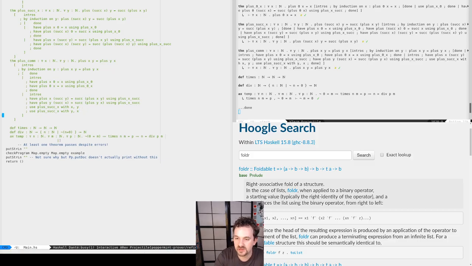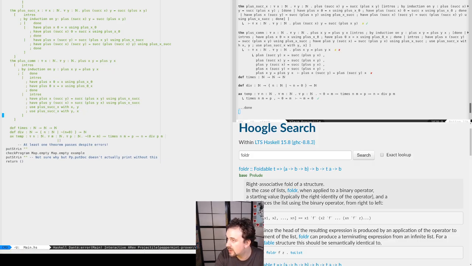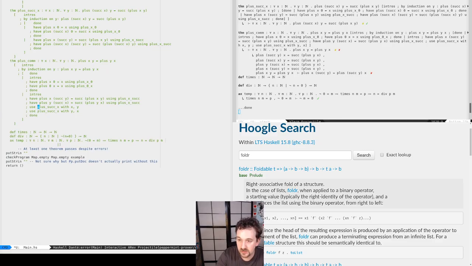The goal here was to prove that plus x sucks y equals plus sucks x y. We're saying, oh well, x and sucks y is the same as sucks of plus xy, which is the same as plus y sucks x. We could do a chain of reasoning, I guess.